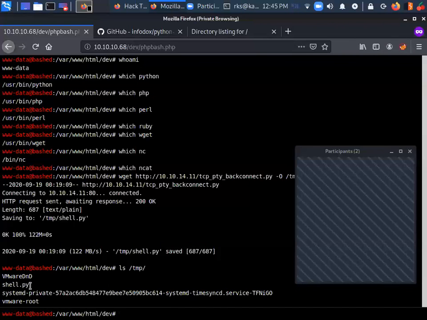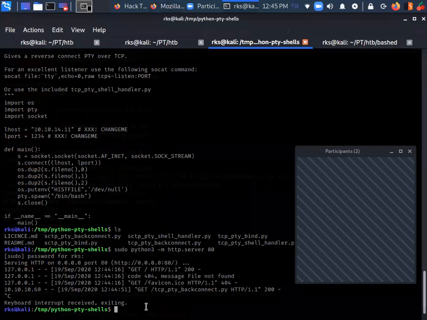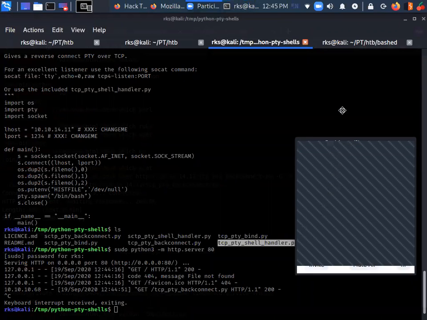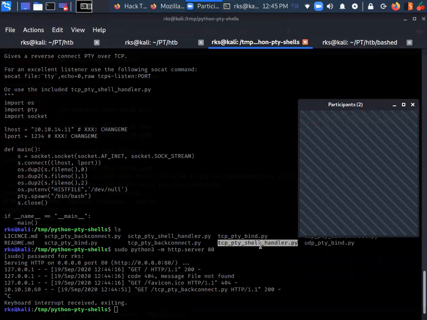Let's execute this file: python /tmp/shell.py. And before executing this file, I need to have something to catch the connection as well. So let me start my listener here, which is going to be done by the TCP PTY shell handler.